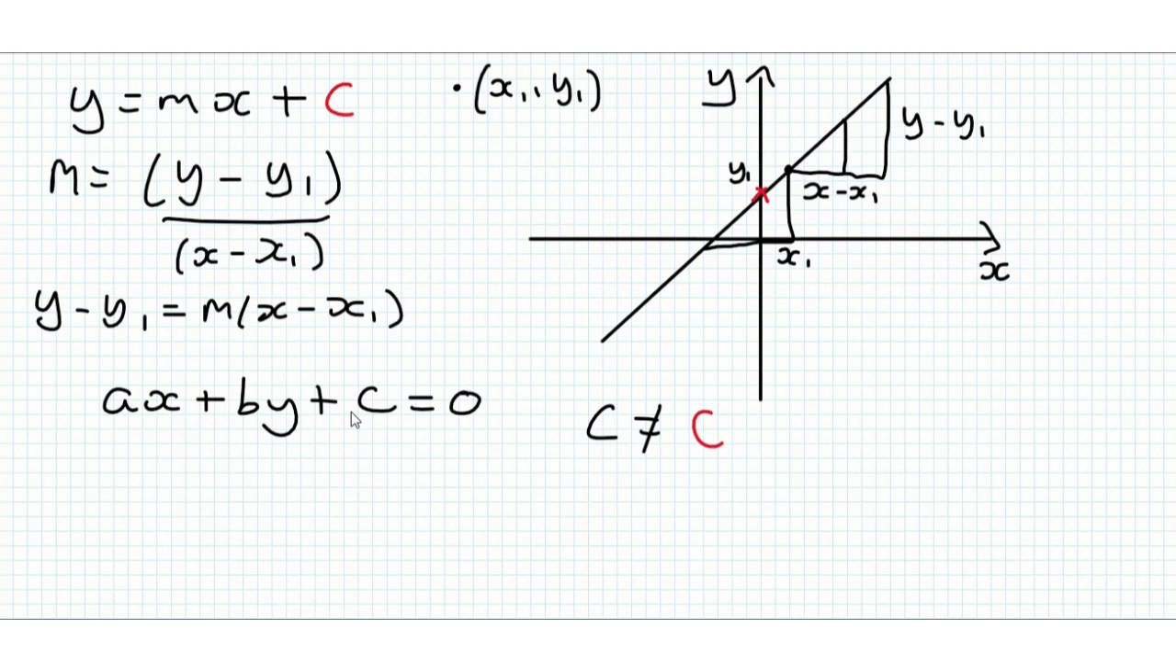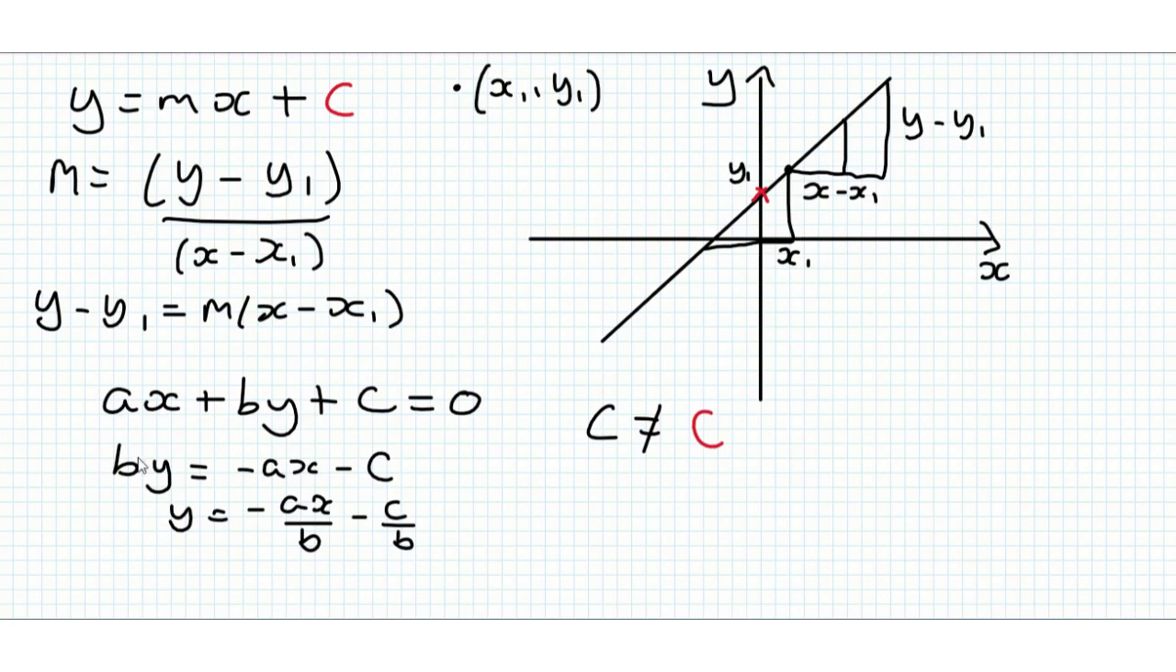And we can rearrange this to see that it is equivalent to this form, okay? So I'm going to subtract ax and c from both sides, get by is equal to minus ax minus c, divide by b gives y equals minus ax over b